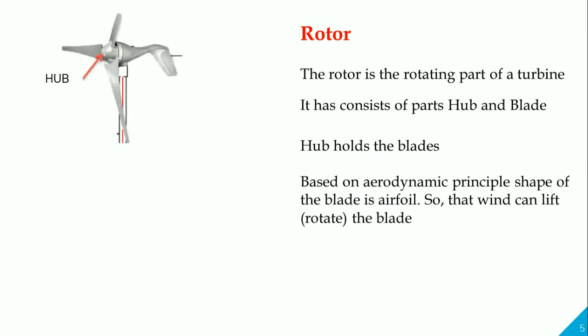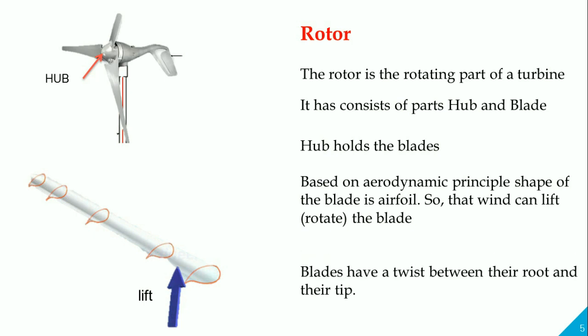The blades are made as per the aerodynamic principle. It means the blades have varying aerofoil cross sections. Because of the aerofoil cross section, whenever wind passes over it, a lift force is generated which forces the blade to rotate. This concept is quite similar to the one used in lifting aeroplanes. The blades are twisted from root to tip in order to get maximum efficiency and to harness the wind energy to the full extent.